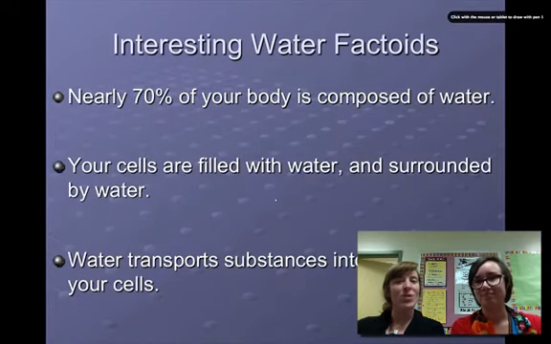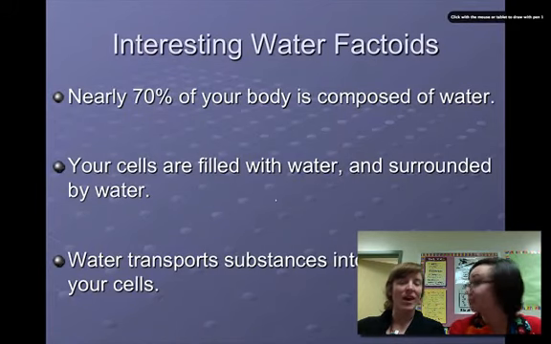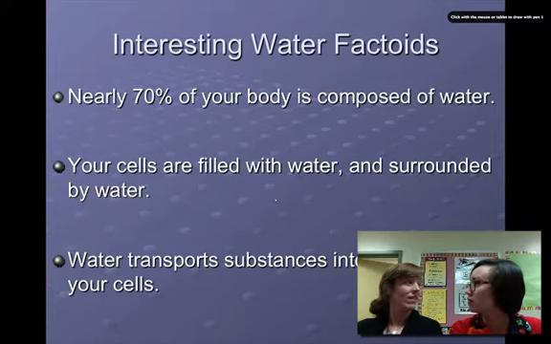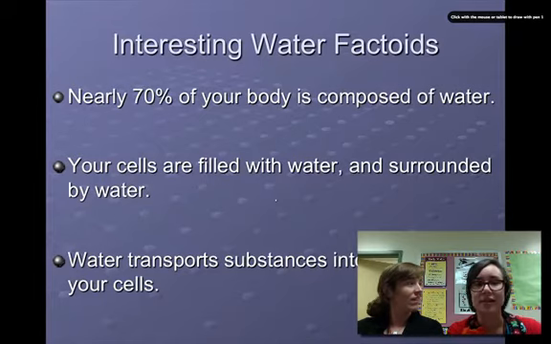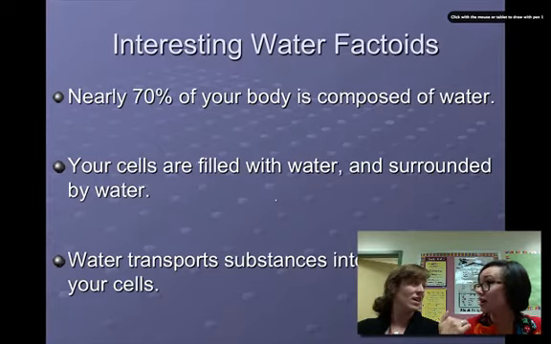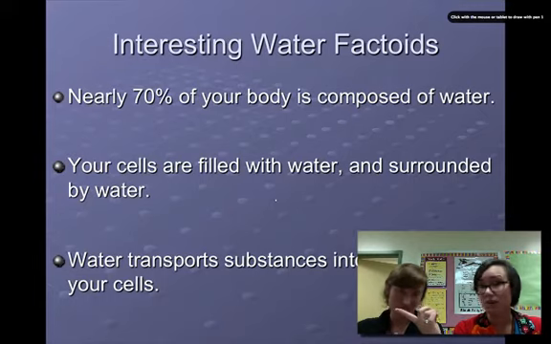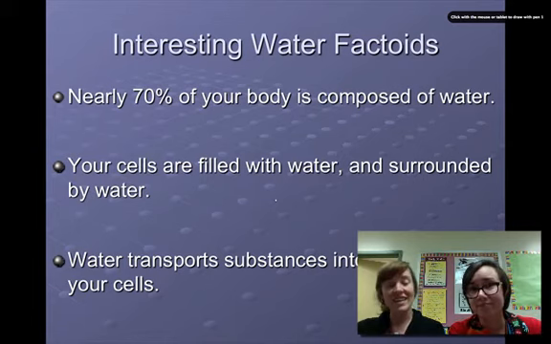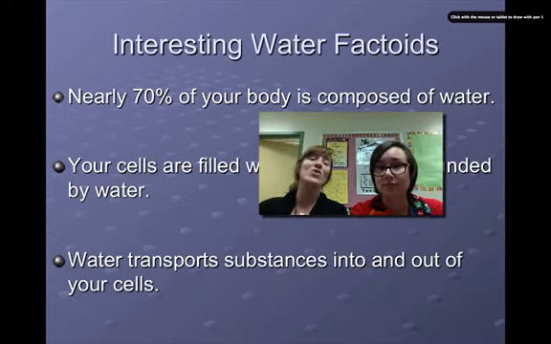So just some interesting water factoids so that you understand why it's important that we talk about water. You are nearly 70% water. That's crazy. Where is it found? In your cells. Your cells are filled with water and surrounded by water. So not on the inside, also on the outside. That's right, which is very important. We'll talk about that in a second. And lastly, the important part is that it helps to transport substances in and out of those cells, which is